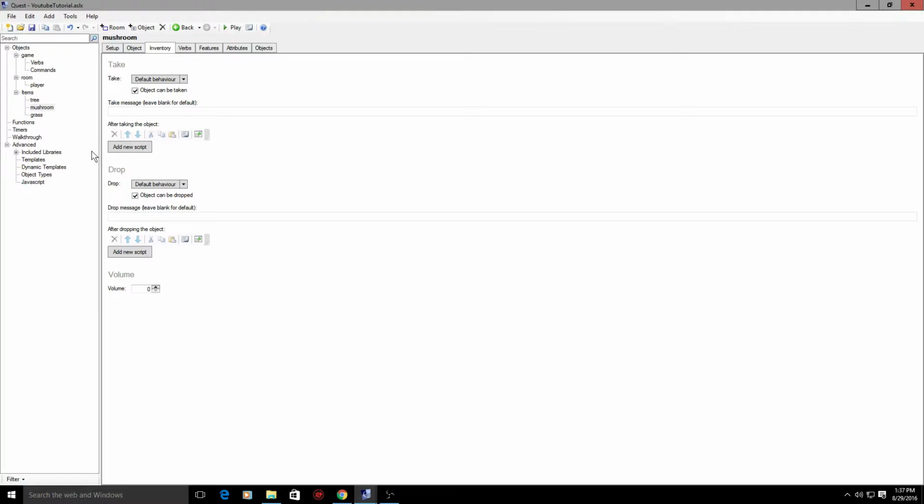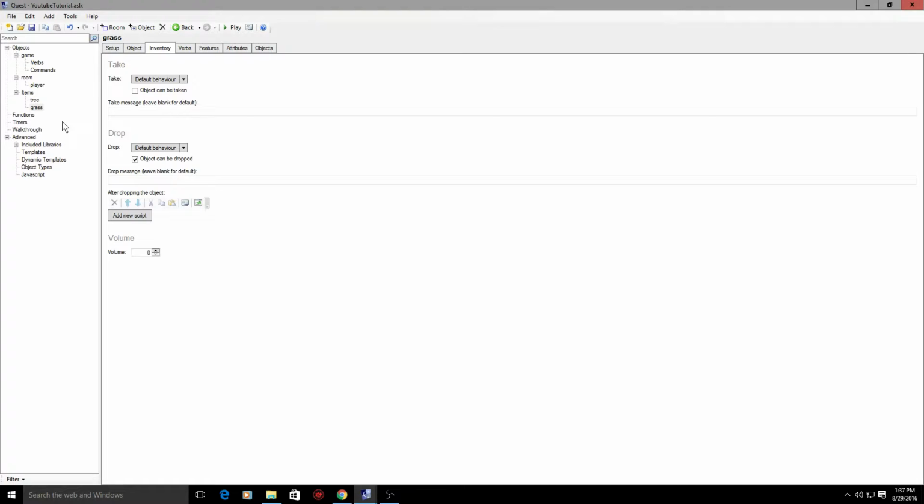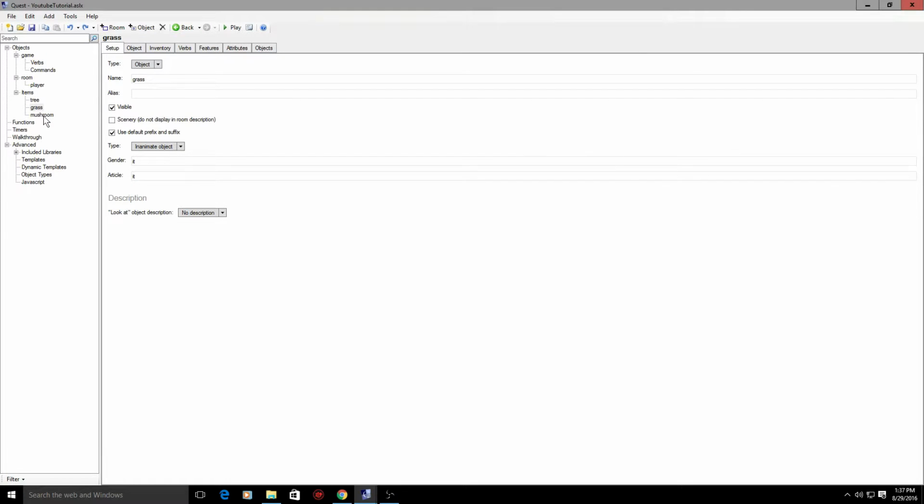If you are wanting to get a little more in depth, you're going to have to do a little more than just pick up mushroom. If not, you're going to have to make 1,000 mushrooms and populate them in your game. The way we're going to do it is basically clone these objects,